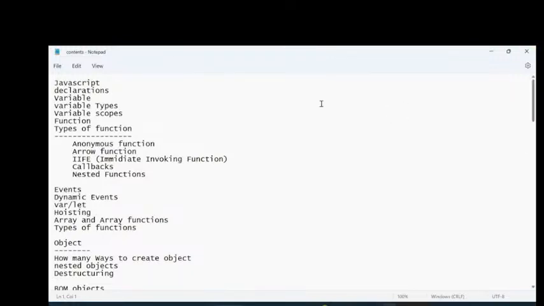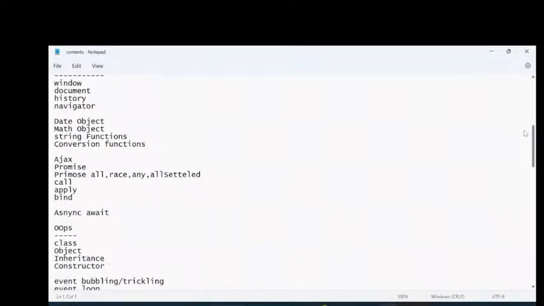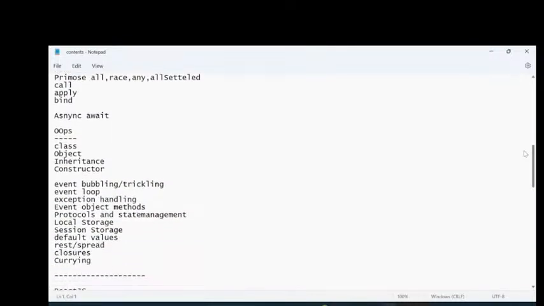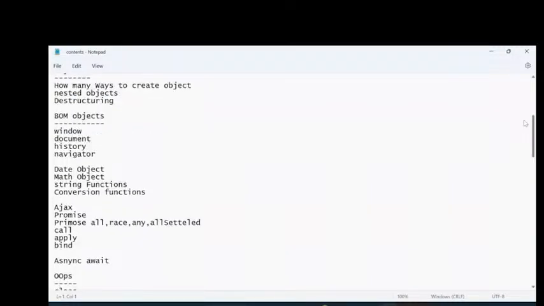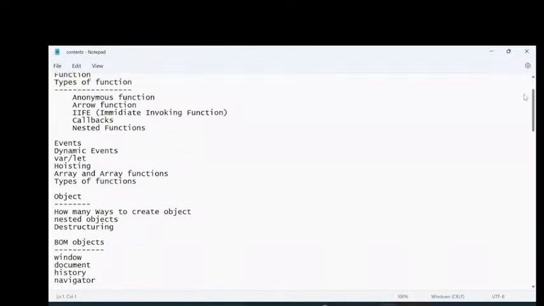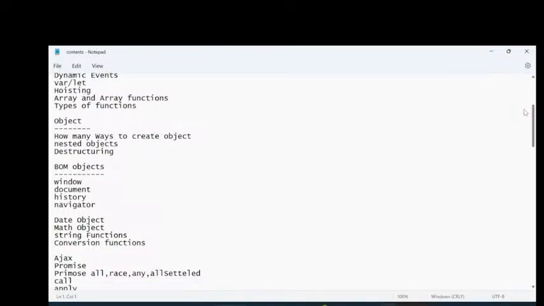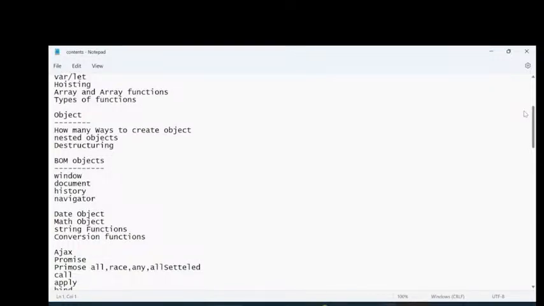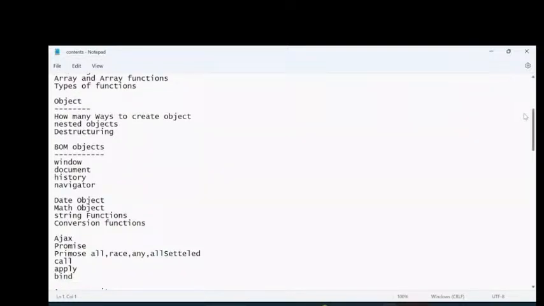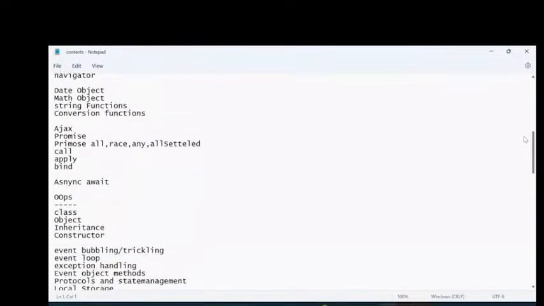In JavaScript, we are discussing basic JavaScript and advanced JavaScript. Once JavaScript is completed, only then we start React programming. Functions and how many types of functions we have, events and dynamic events, hoisting, array related functions, and objects, and how to work with the object. Object is very important because the data coming from Ajax is in the form of an object only. So how to read the object, and the BOM objects, date object, math, string, conversion